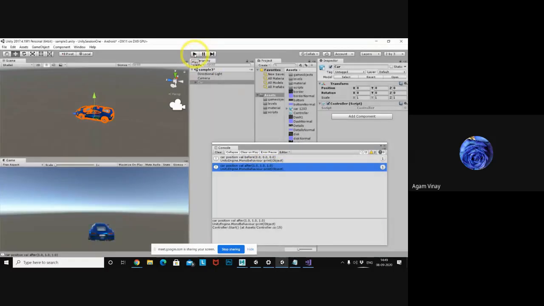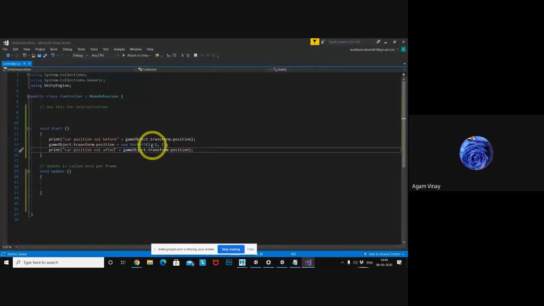Just observe the car. The car will change its position, right? If you want to change more, the effect will be there. My position is 1 only, and I want this to be 12, and this to be 6.